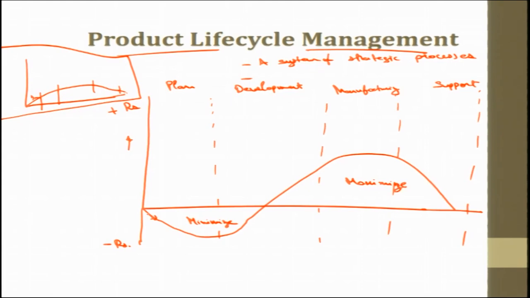This is my zero value, and below the zero line is a kind of loss. Here I can say is the milestone, the launch of the product. I can have the break even point here, because the investment that is made is covered here. So, this is break even. This is the peak profit that we have reached, and the product retires here.